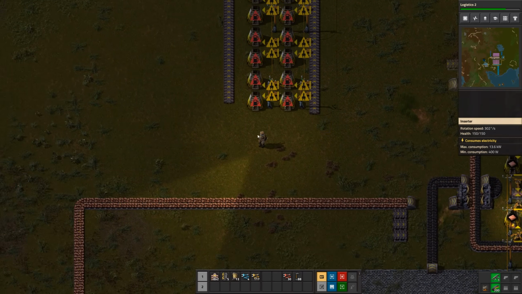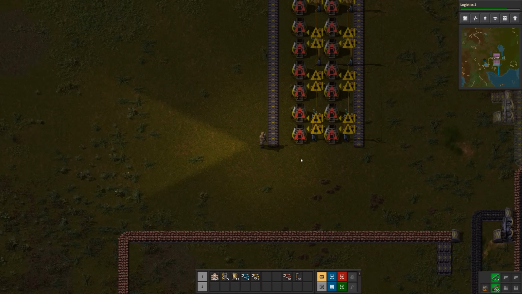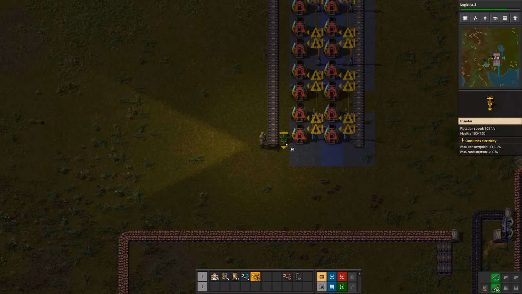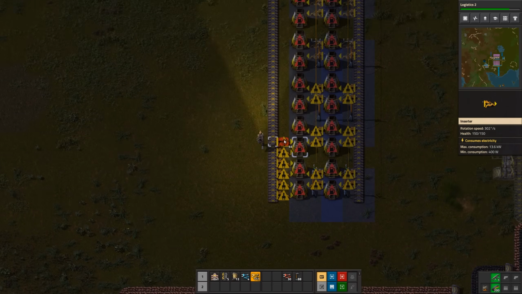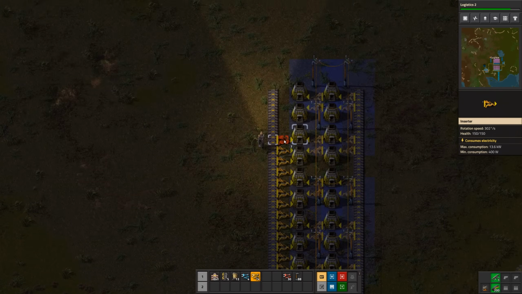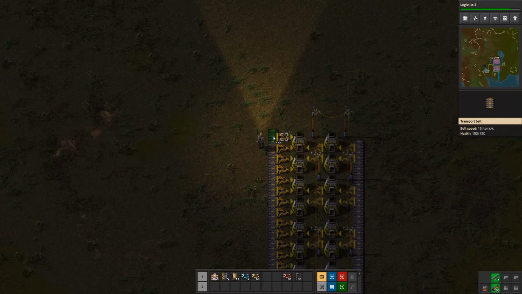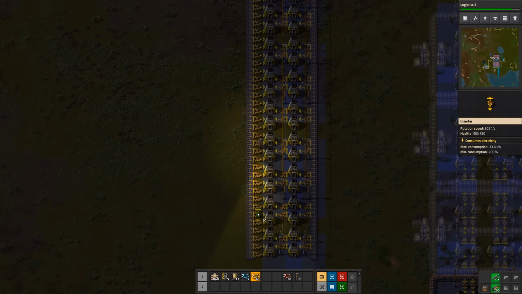Actually, before we do that, let's get the other side of this belt set up. So there's a trick to setting this up quickly. I'm just going to turn my inserters facing into the furnace, and I'm going to run all the way down the line, like that. And that way,